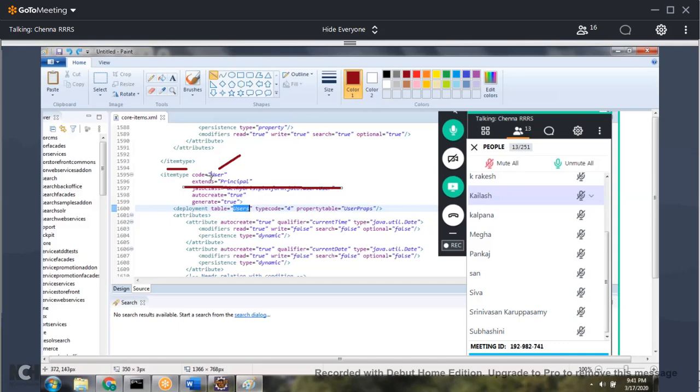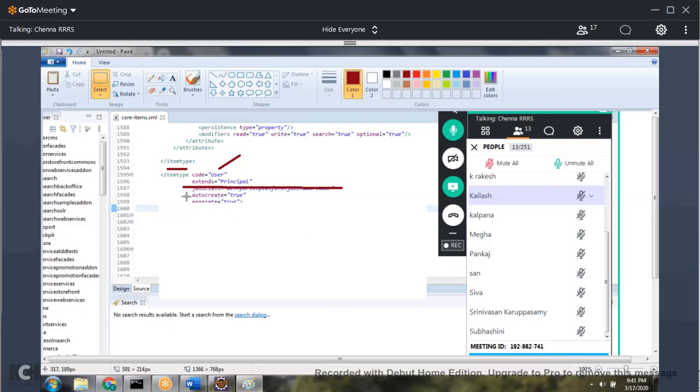Next, there is something called generate equal to true, auto create equal to true. This we need to understand. What is the meaning of generate equal to true? What is the meaning of auto create equal to true? First, let's understand the meaning of auto create equal to true. When you mention auto create equal to true,